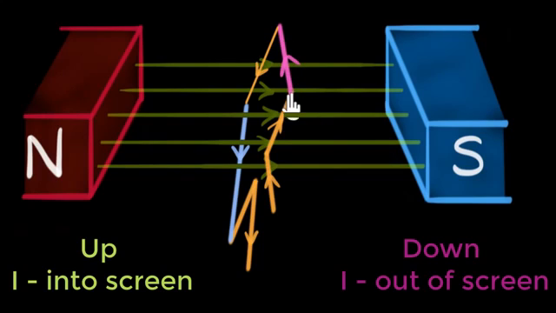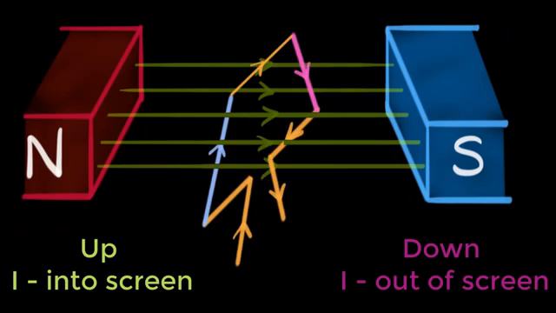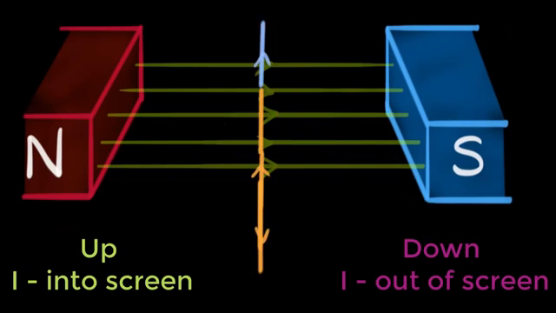Now the current in the pink wire should be out of the screen, because we already saw using our right hand rule, when the wire is going down, the current must be out. And in the blue wire, which is going up, the current must now be inwards. In other words, the current will now change its direction. This is the important thing. So the current changes its direction and it continues to flow this way until again the pink wire comes on